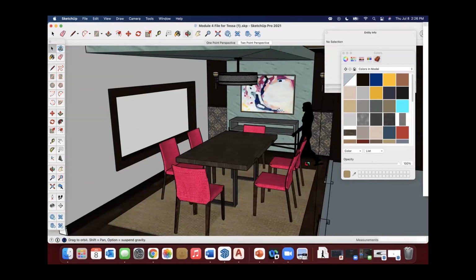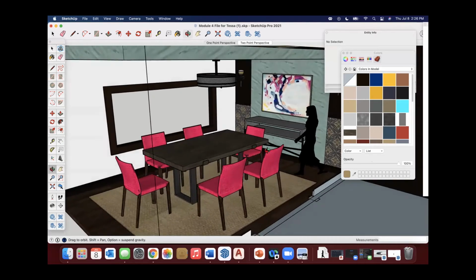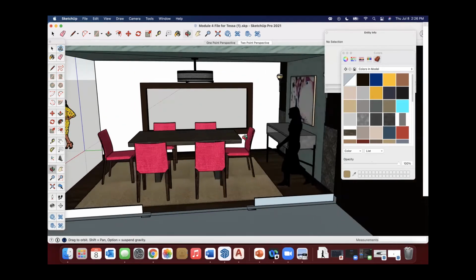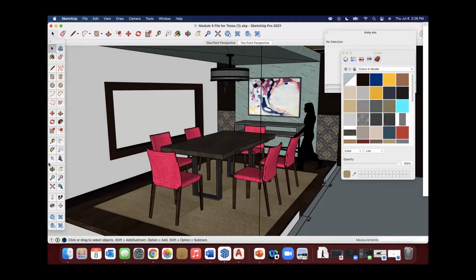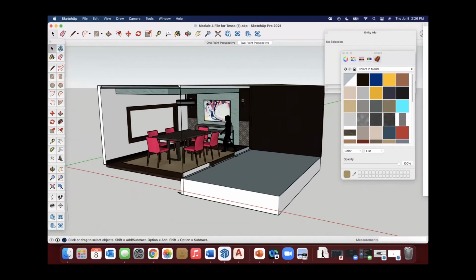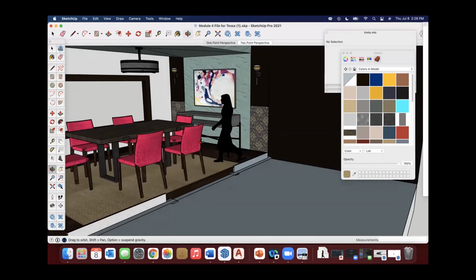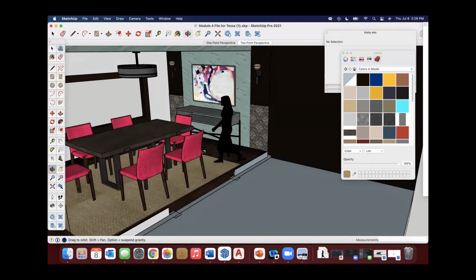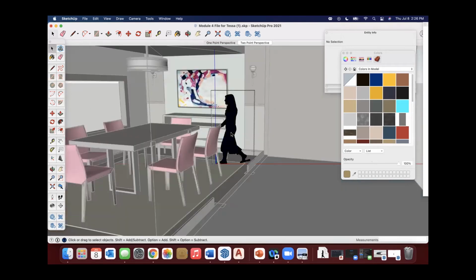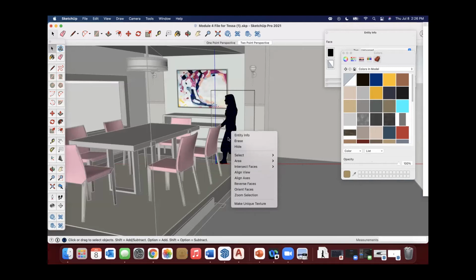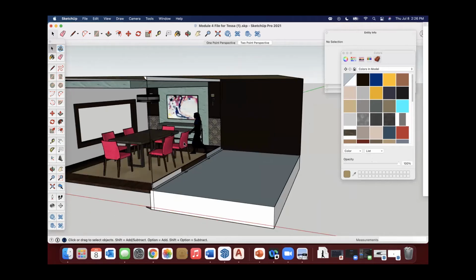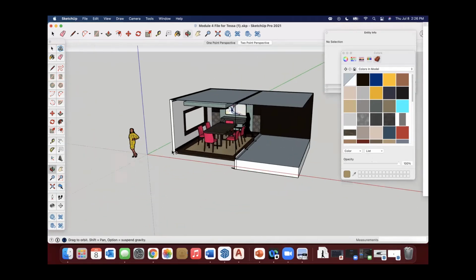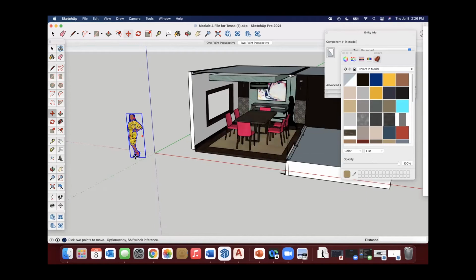Now, depending on when you save your scene, you might have to fix her so she's not showing up inside your console there. But if she's just kind of walking into the room, I can adjust her and she looks like she's walking in between the console to the dining table. So that's starting to look nice. You could probably edit her and change her opacity down a little bit if you don't like how dark she is.